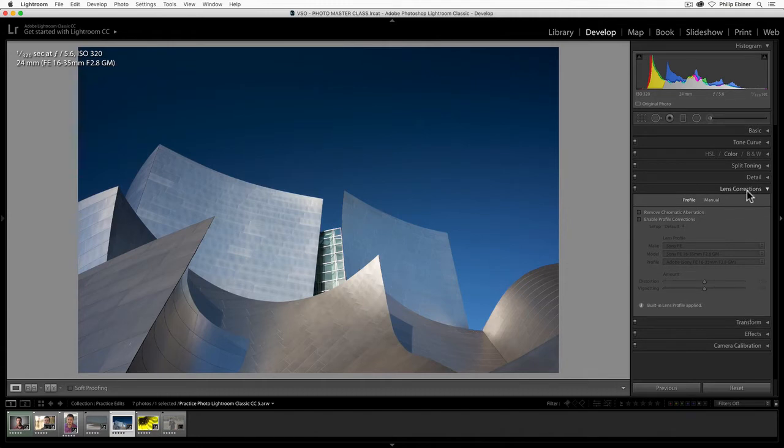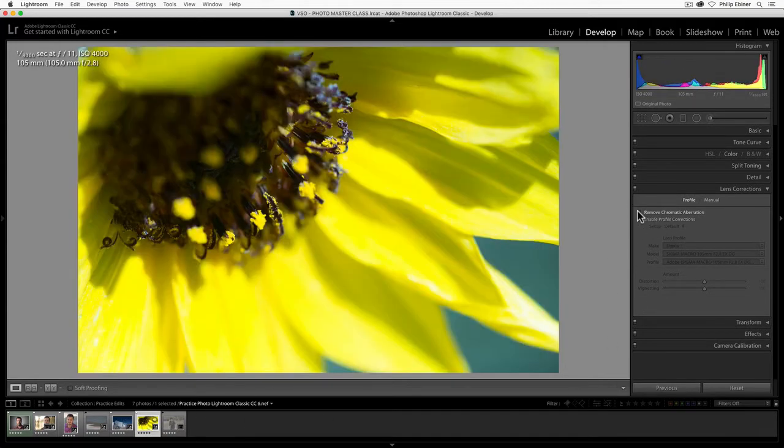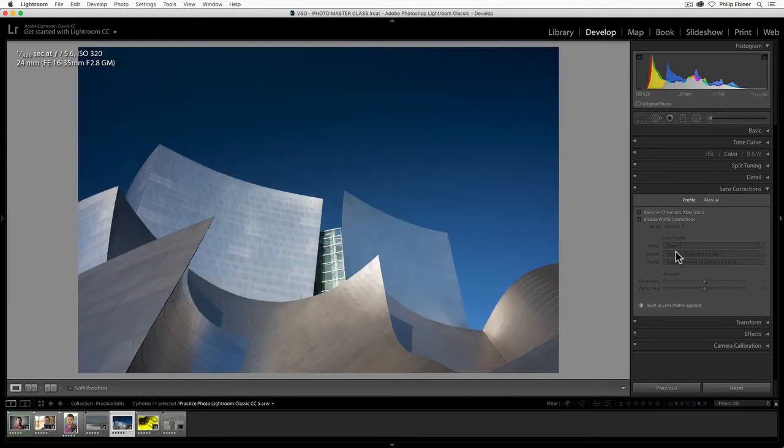In this lesson, I'm talking about lens corrections. It's a really quick technique or trick that will, quote unquote, correct the way that your lens sees. So there's two options, and if you select a photo, you'll see that none of these are checked initially. So you have two options: remove chromatic aberration and enable profile corrections.